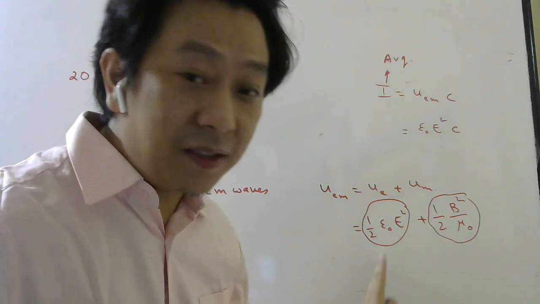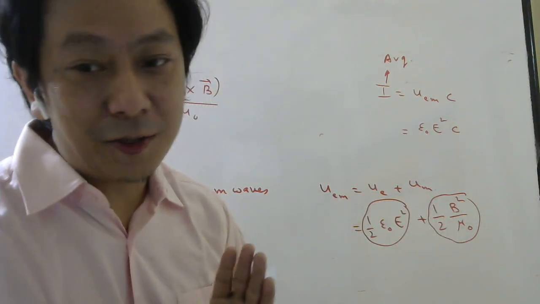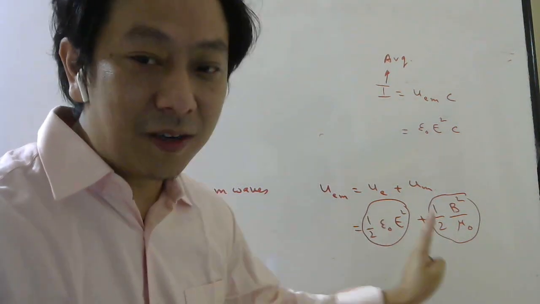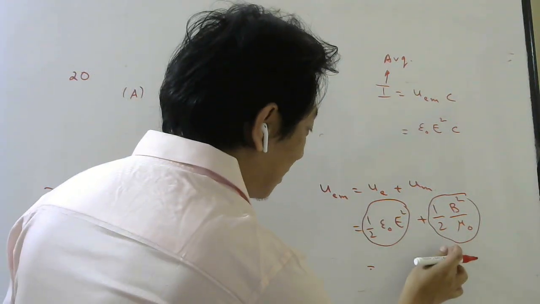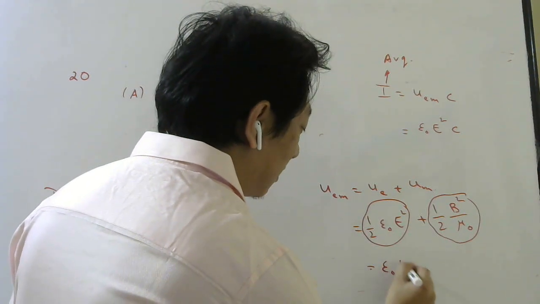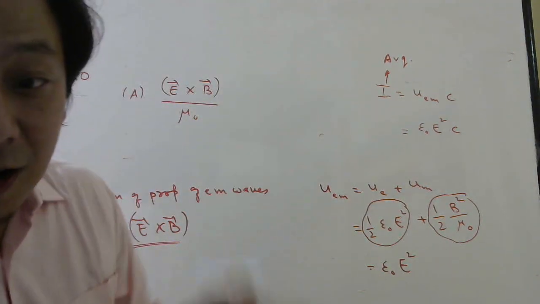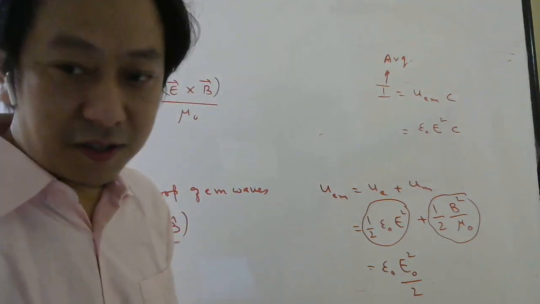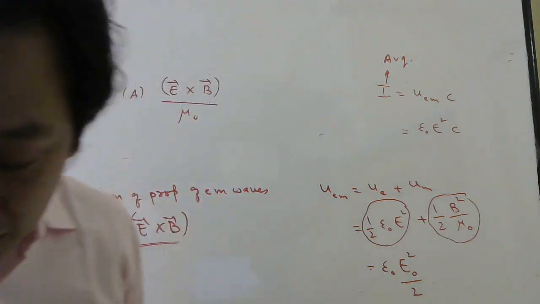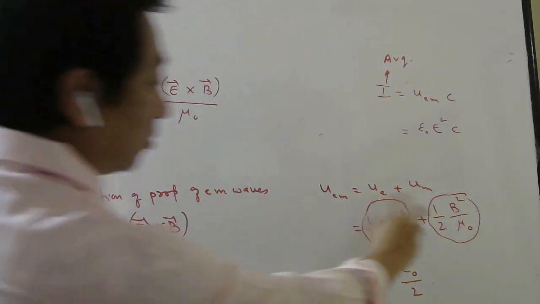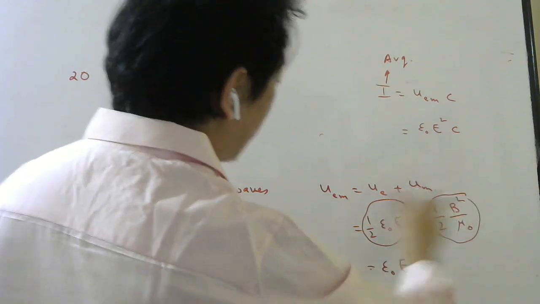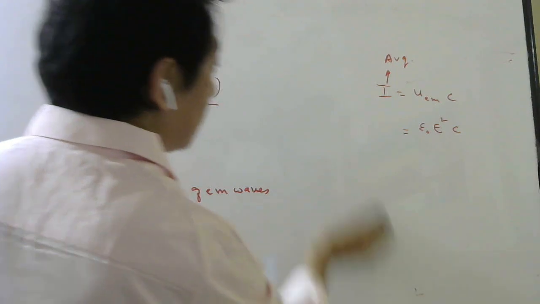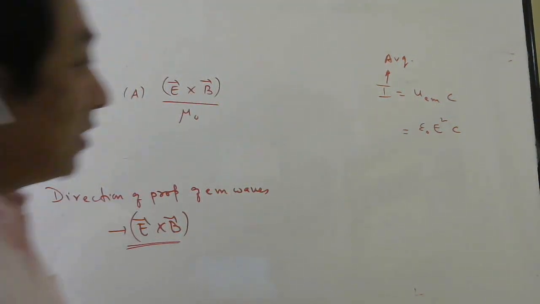Now when you add these two, because these two are equal in electromagnetic waves, understood? So in electromagnetic waves, these two are equal. So if I write this equal to this, I will get epsilon naught E square. That is what I am writing. Now in terms of peak value, if I want, it will become divided by 2. Okay students, total. Then you can write in terms of magnetic field also. So do not get confused about which energy belongs to which one. So this is your total average intensity of EM waves.